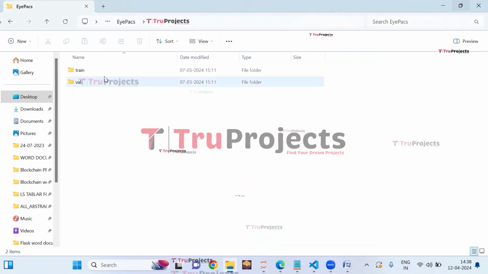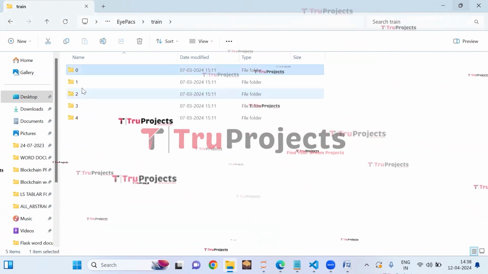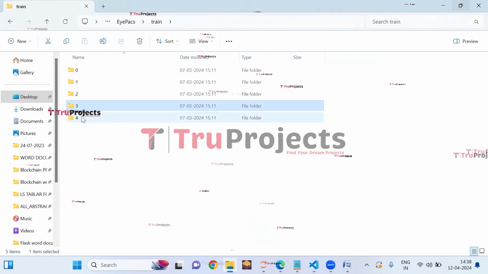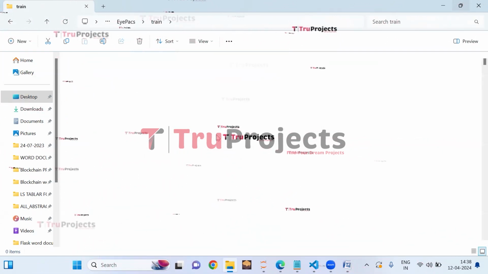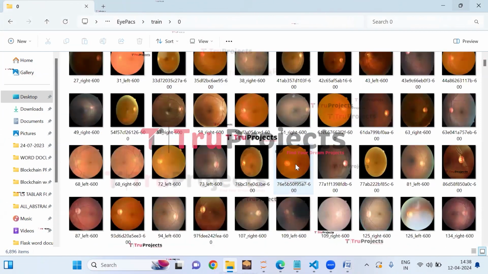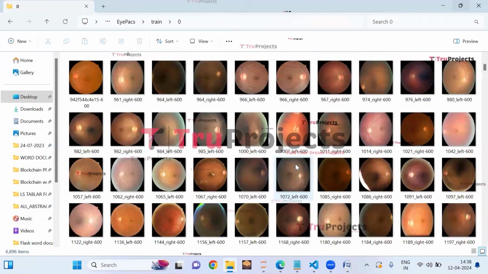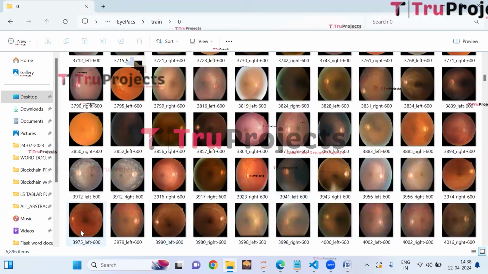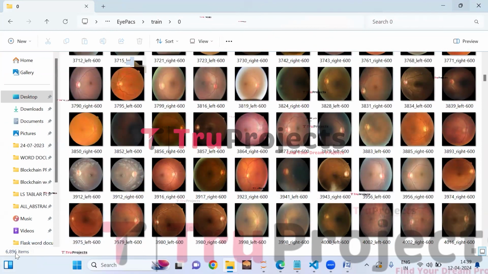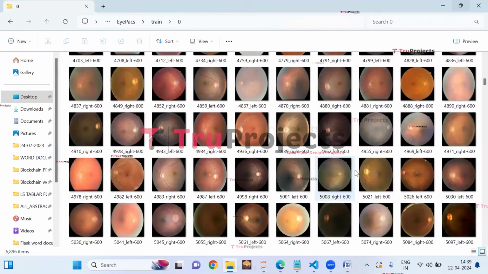So, this dataset is split into train and validation. In the training folder, we have the different classes of the APTOS dataset. Here in the zero folder, we have the fundus images of eyes with mild diabetic retinopathy. All these images are used to train the models. In this folder we have 6896 fundus images,